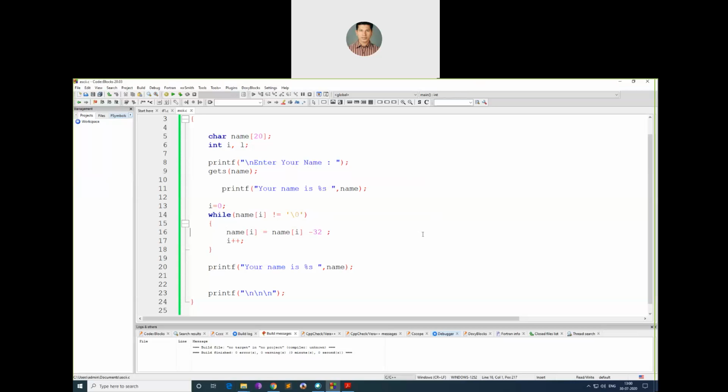So for that, a simple way of doing it is you should check ASCII values. And what is the ASCII value of lowercase? It is 97.